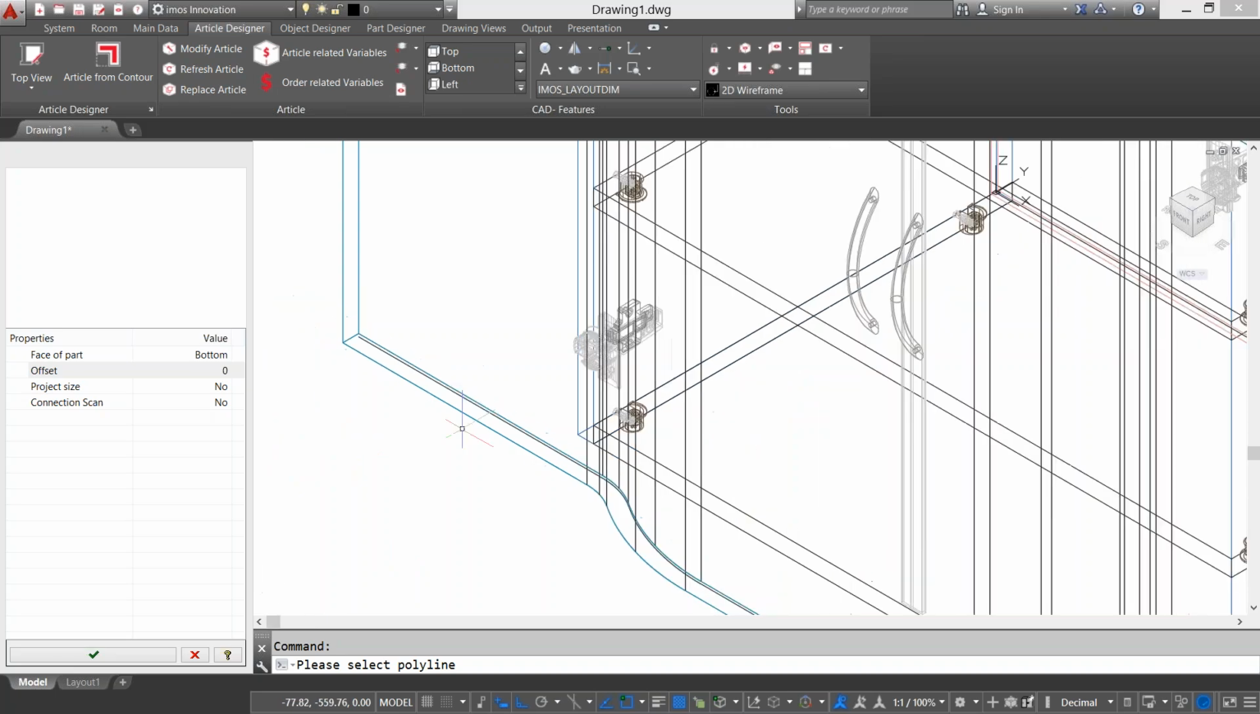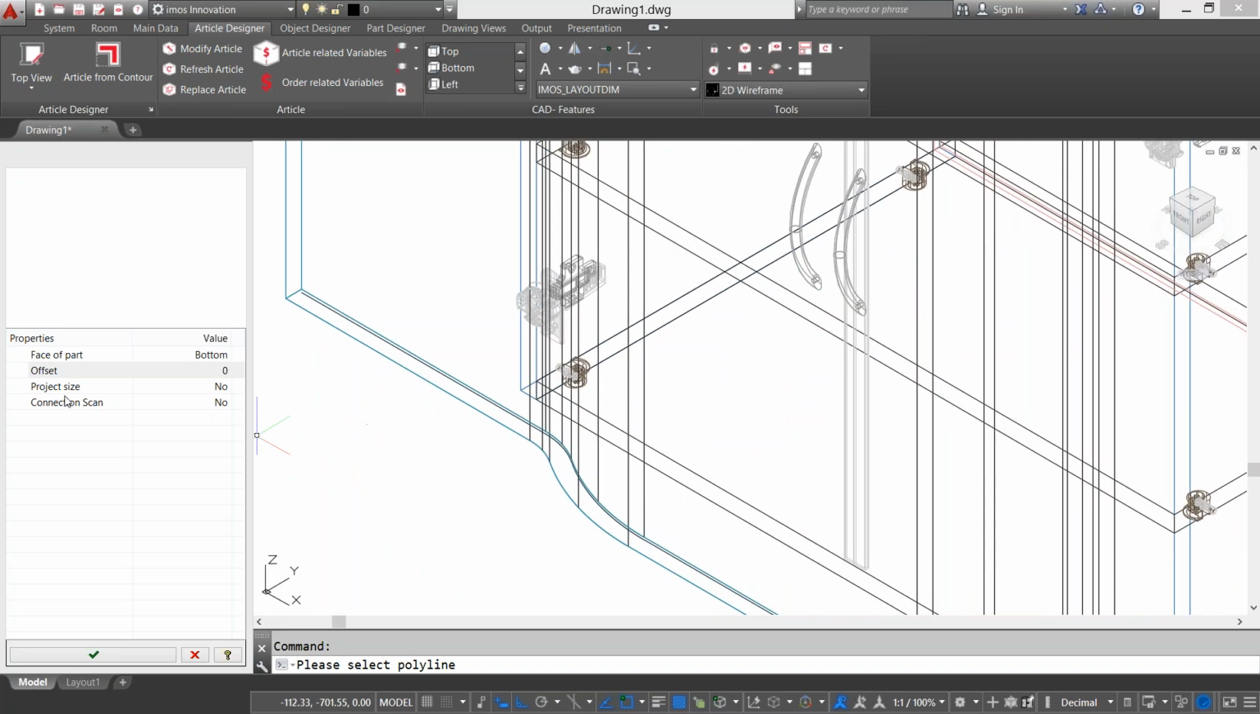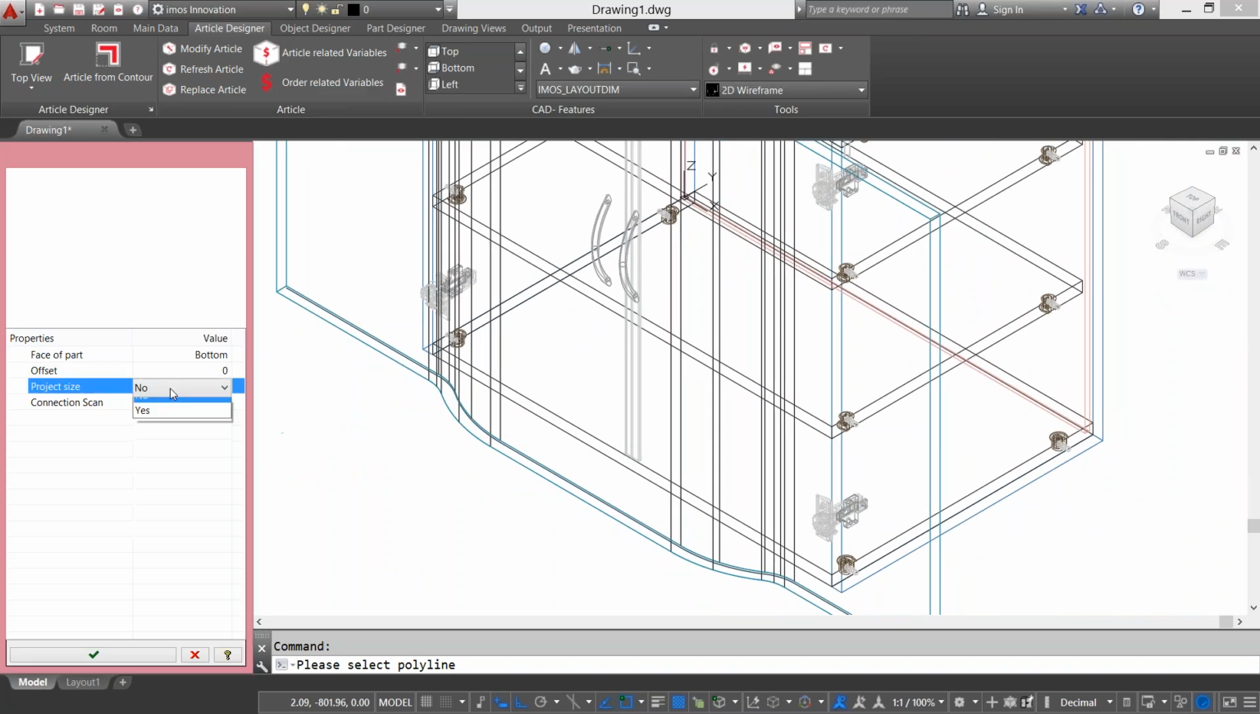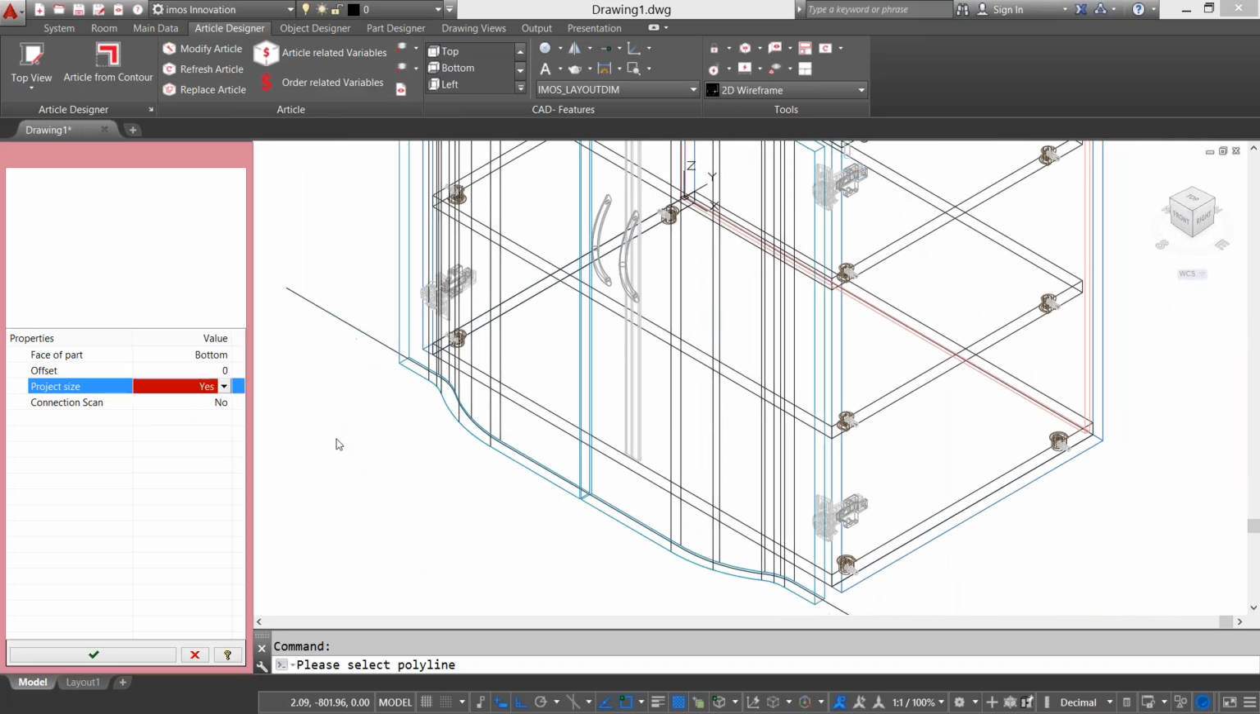The next setting that I have is the project size setting, and this basically allows me to define whether the surface should take the width of the whole polyline or if it should only take the necessary section of the line which is basically affected. So let's look at the effect of that. We'll say project size yes, and you'll see that